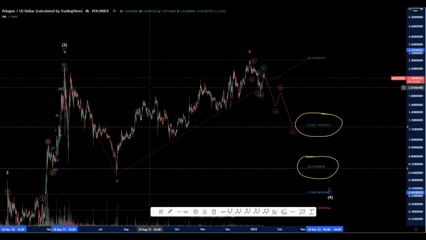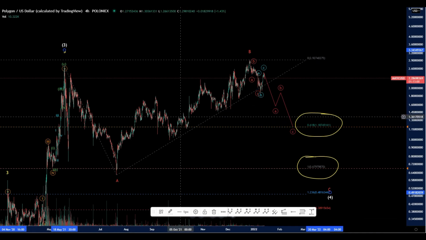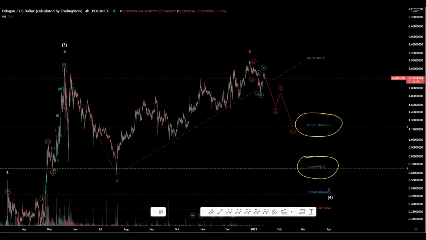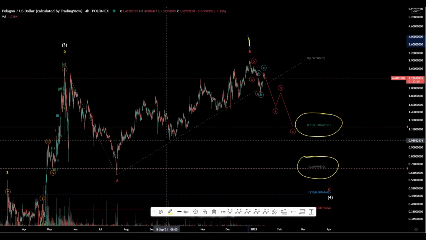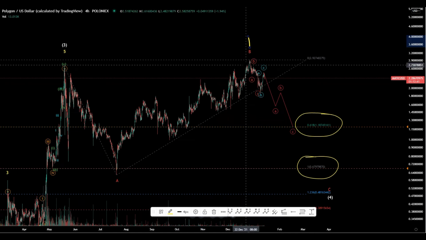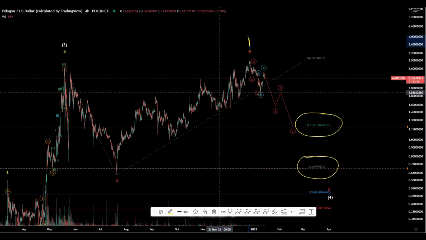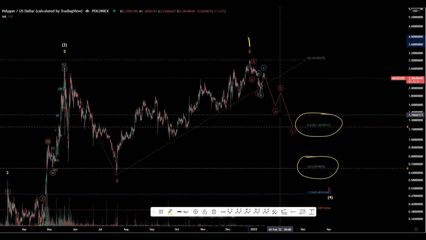Okay. Another, this is either a combination for a 3-wave move, okay, into a B, or it's possible, okay, that this is another 1. Okay, we don't know that yet, and we're only going to know in hindsight. But that doesn't matter to trade it. I want everybody to be clear that sometimes just because you won't know what an Elliott wave count was until it already happened, doesn't mean that there's not ways to trade off of this.